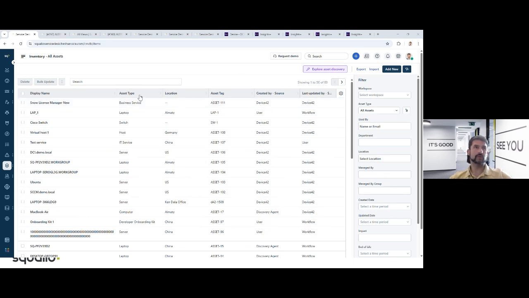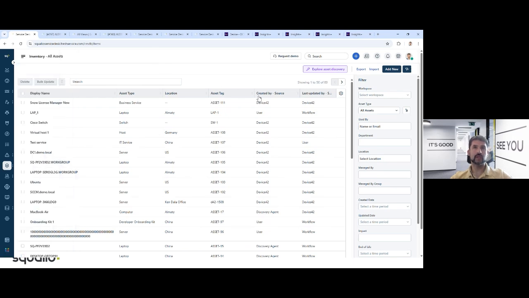So first of all, in Freshservice there is an IT asset management module, in which we can track the assets. We can create our own asset types, or we can manage the existing asset types. We have many fields for each of the asset types, and we can customize them. But for this view, I have many views